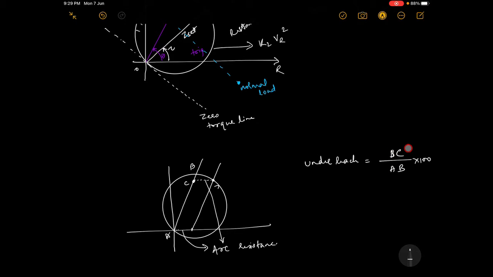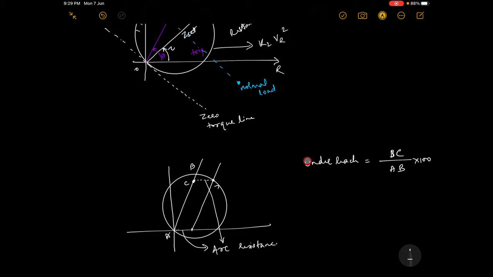Now this is a more severe case, it is more prone to arc resistance compared to the impedance relay, because the radius is less and the percentage is high here. So this is not a good sign when compared to your impedance relay. The immunity to arc resistance for the mho relay is very low here. So hope you got that point.